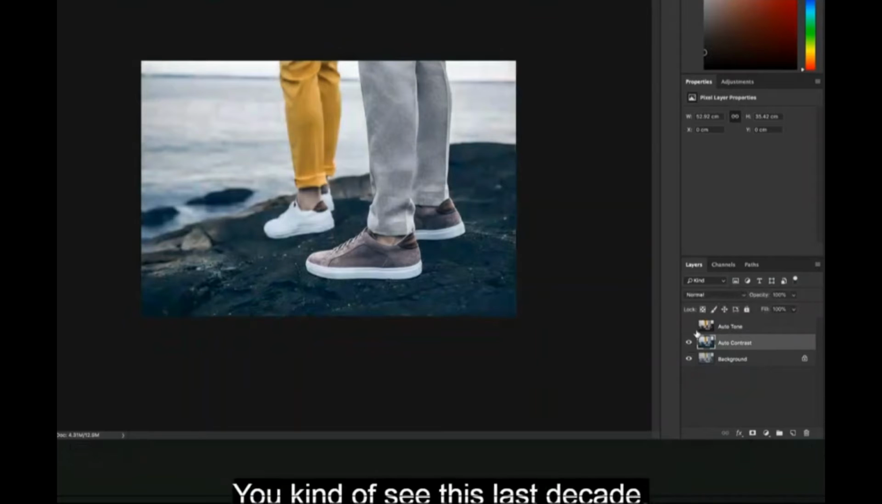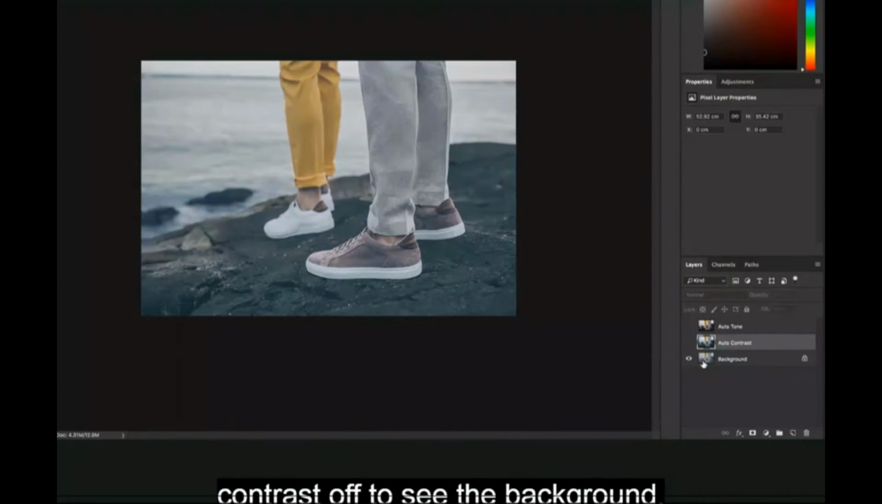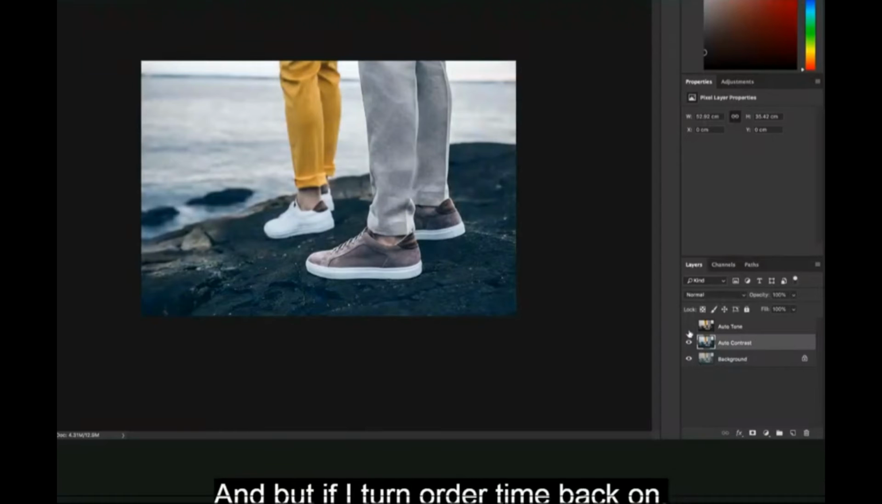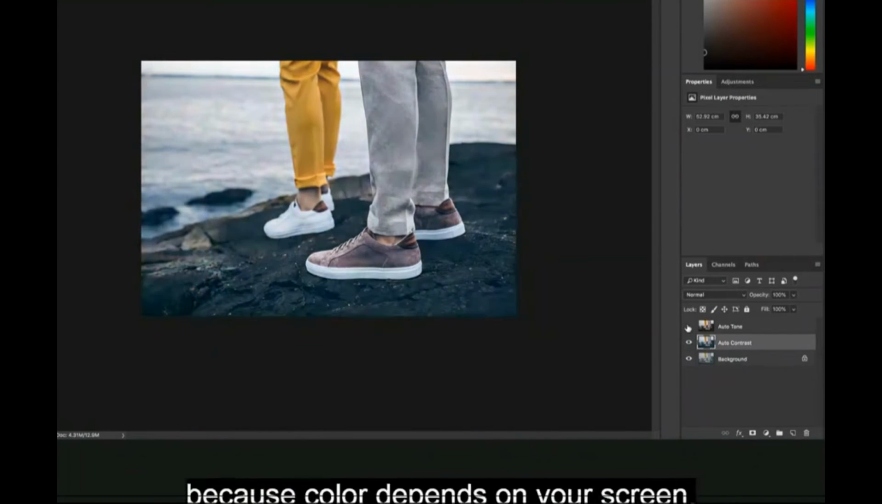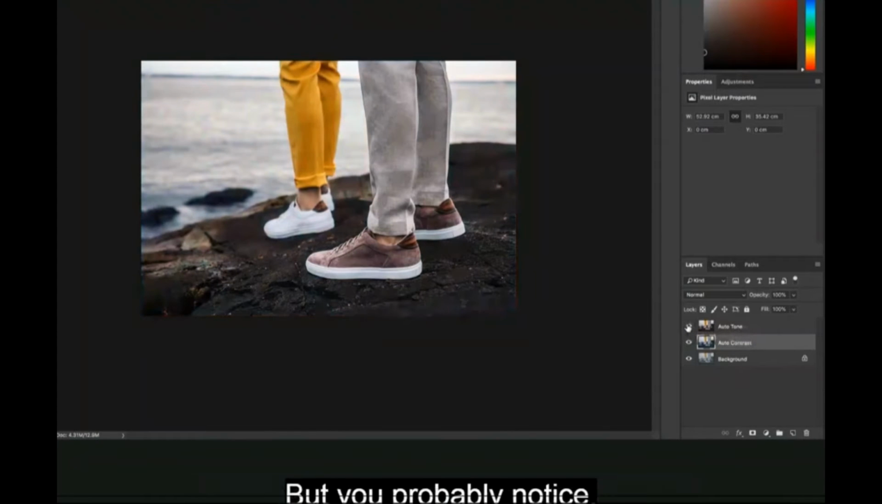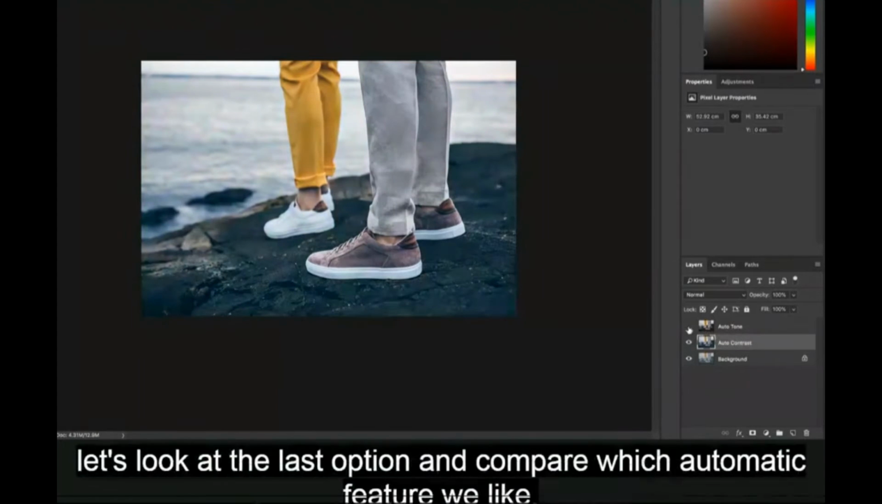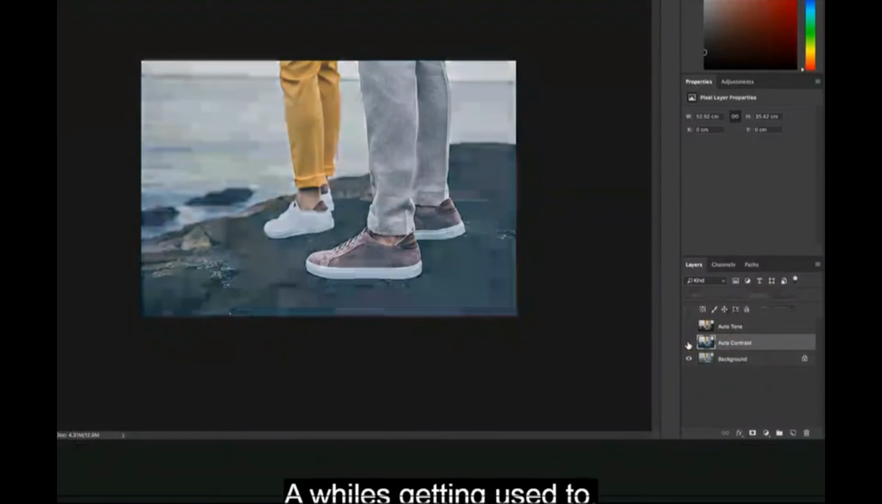You can see this layer stack here. This one's invisible, so I can't see it. I can turn Auto Contrast off to see the background. But if I turn Auto Tone back on, for me personally, it's hard to see when you're watching these videos because color depends on your screen, but you probably notice Auto Tone's a nicer one. Let's look at the last option and compare which automatic feature we like,